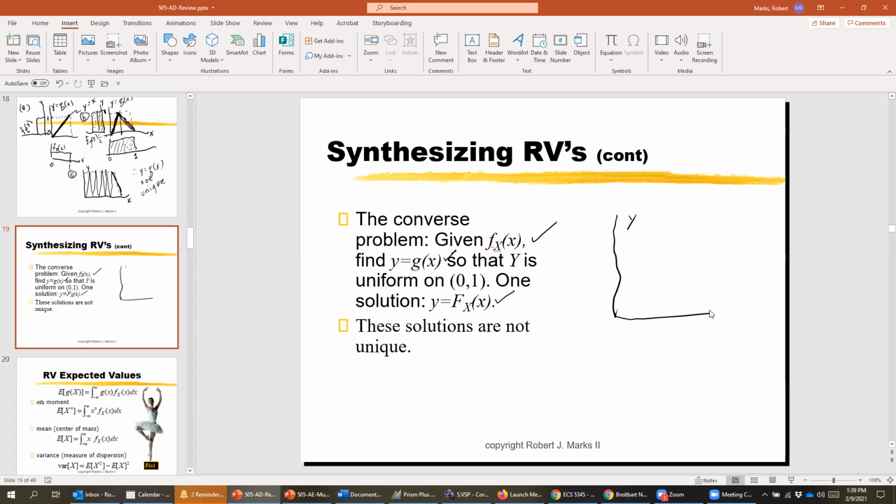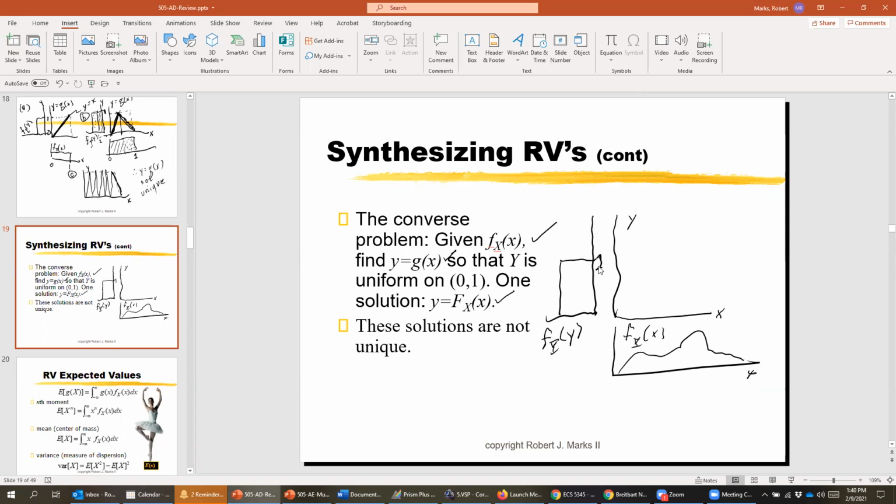We have a y and we have an x, and we have an arbitrary probability density function. And again, it's backwards from what we did before. So this is some sort of density function, right? And what we'd like to do is come up with a transformation on a random variable so that f sub y of y is equal to something which is uniform on the interval from 0 to 1. This is the function turned sideways, of course. And the question is, what function, what y equals g of x, do we use here